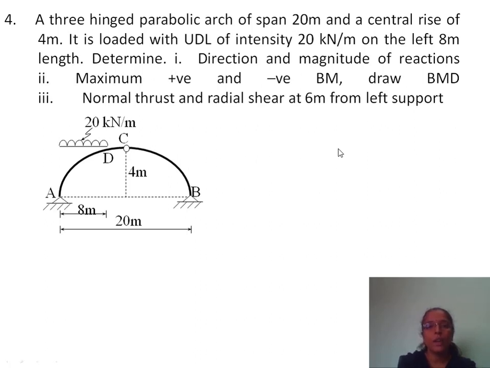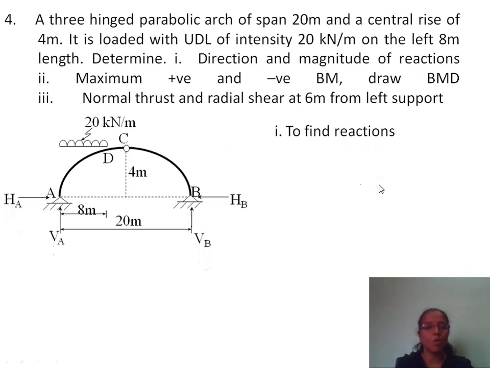So now, to find the direction and magnitude of reactions, the first step is to find the reactions. Let us assume the reactive components HA, VA, HB and VB as shown in the figure. So let us apply the three equilibrium conditions. Sigma Fx equals 0, which gives HA equals HB, and then if you apply sigma Fy equal to 0,